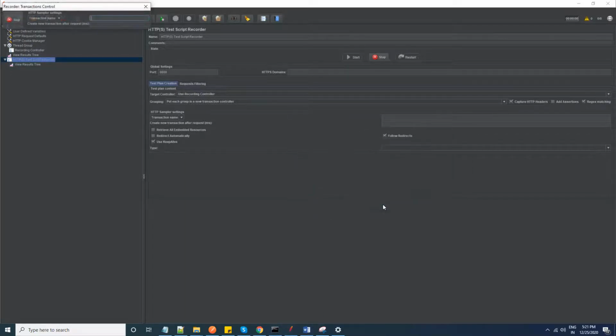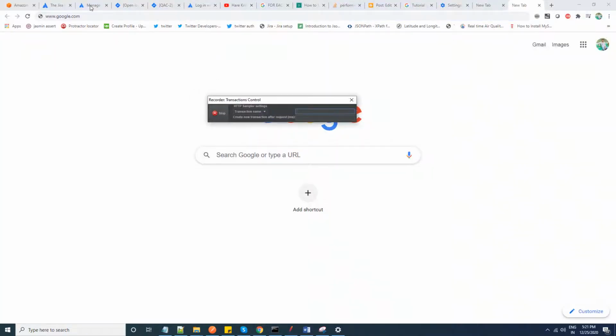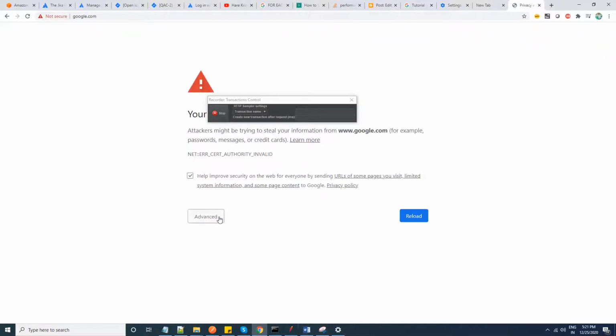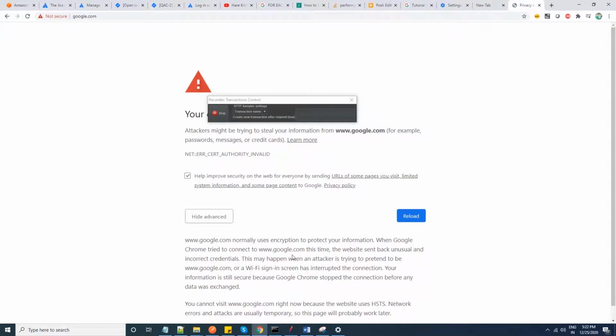So now my JMeter is in recording mode, and after that we need to hit the URL. Sometimes if we get this type of error, we just need to clear our history.